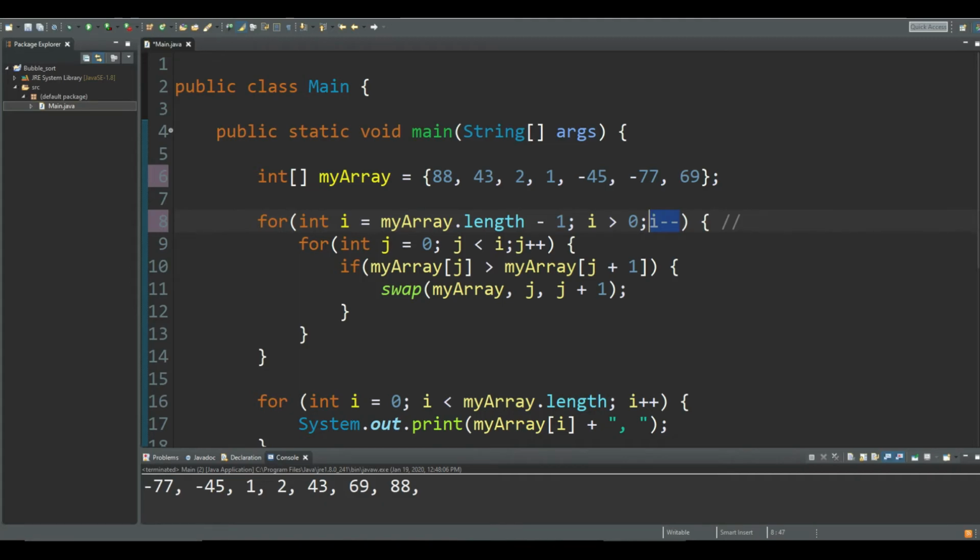We start from here and then at the next traverse the element here will be decreased by 1, and then we go here and here and here and here and so on. So we traverse it exactly the amount of times that the length of the array is, backwards. So the for loop that is inside, we need to run it so many times,